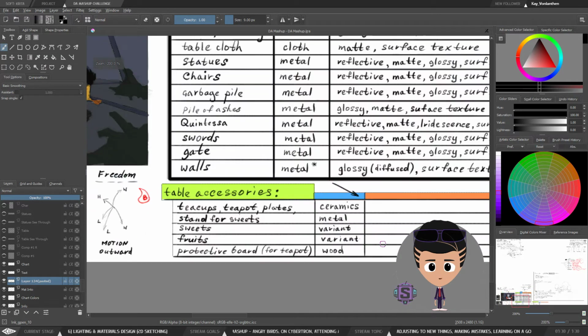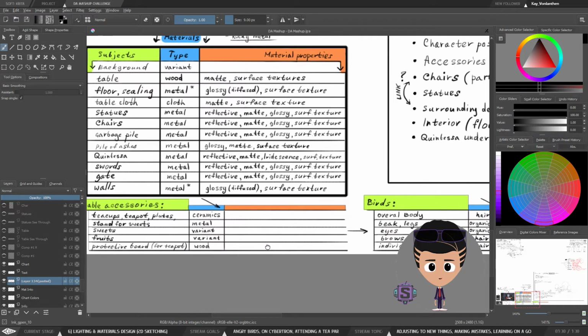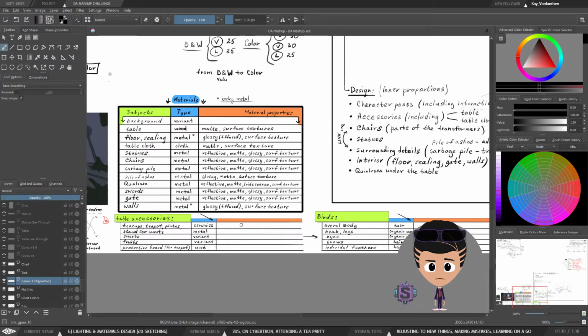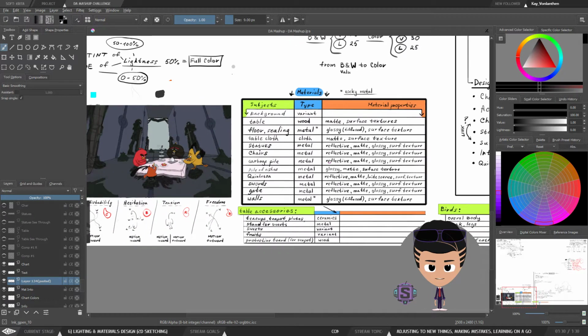So on that note, we will just wrap up the session. Again, a lot of things to do still. I hope that throughout the next session I will, no, not hope, I will definitely finish working with the material properties for table accessories and for the birds. And after that, oh, by the way,